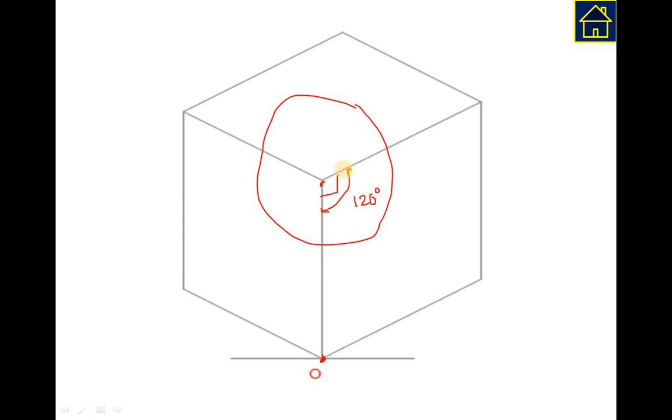correct? And so this is 120 degree and this is also 120 degree. So this way 120 degree, 120 degree, 120 degree, that means 360 degree, and that is nothing but the complete view of 3D object.